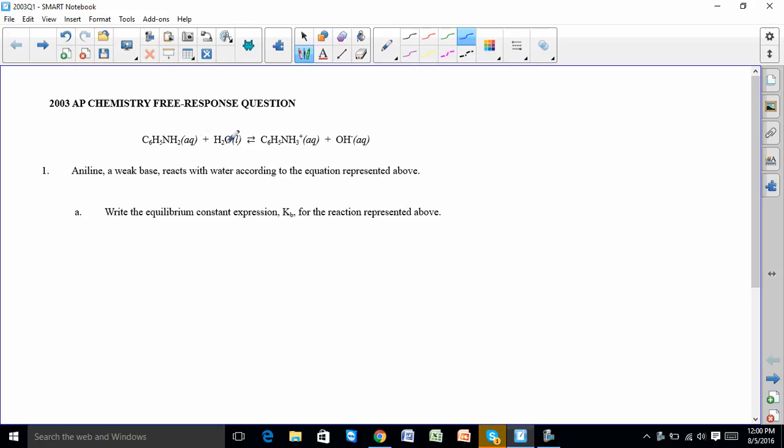The OH minus is coming from the chemical reaction. So it's a weak base. You have to use Bronsted-Lowry theory. And so what is the equilibrium constant expression? First thing I'm going to do is cross out this one because it's aqueous, aqueous, aqueous. And so Kb will be the concentration of